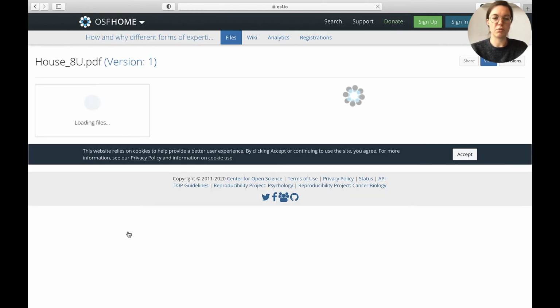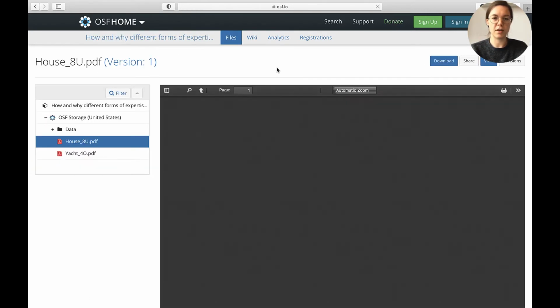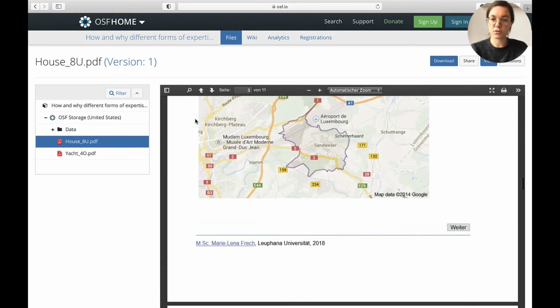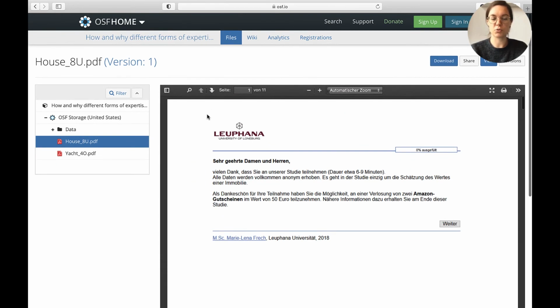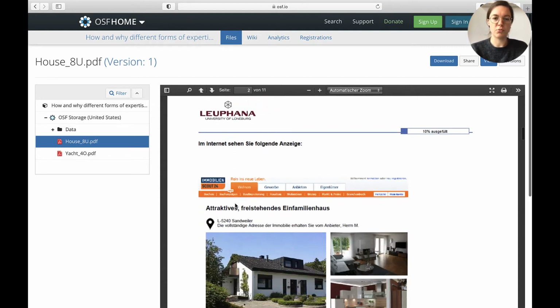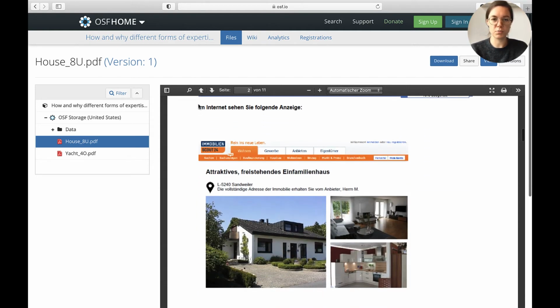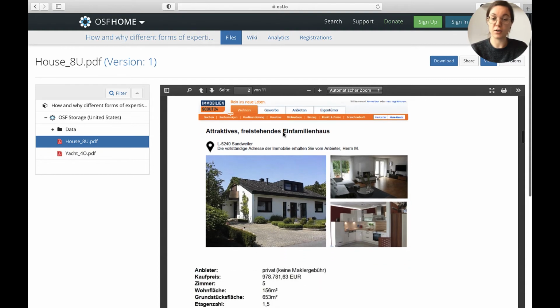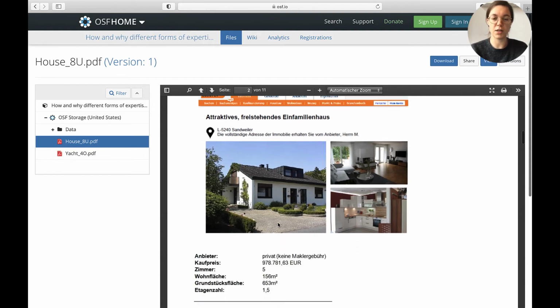When we click on one of these PDF files, we can see that the authors also share the whole questionnaire of the experiment. So you can see how the participants were welcomed for the study. You can see what information was given to participants on the house, which they had to evaluate later.